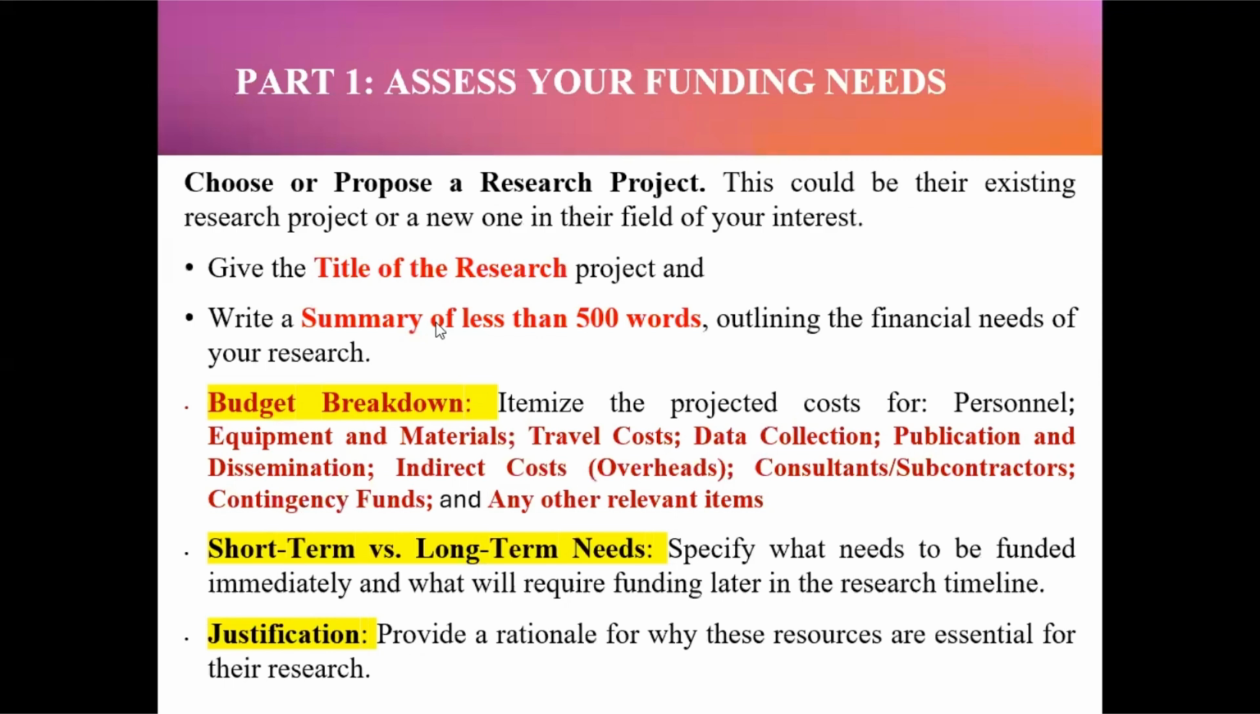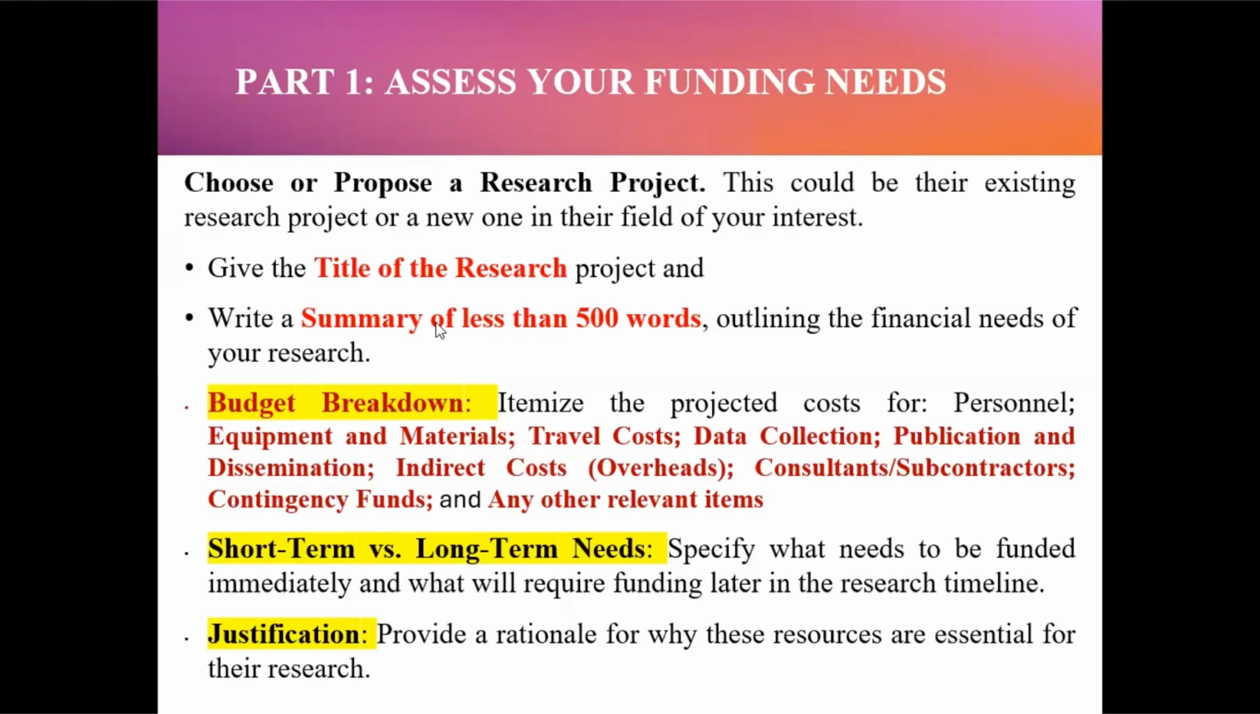Part 1, which is to assess their funding needs. They will have to choose or propose a research project, and this could be their existing research project or a new one in their field of interest. And then they give the title of the research, and then they write a summary of less than 500 words outlining the financial needs of their research. You are not going to score the title of the research and the summary, because that we have done